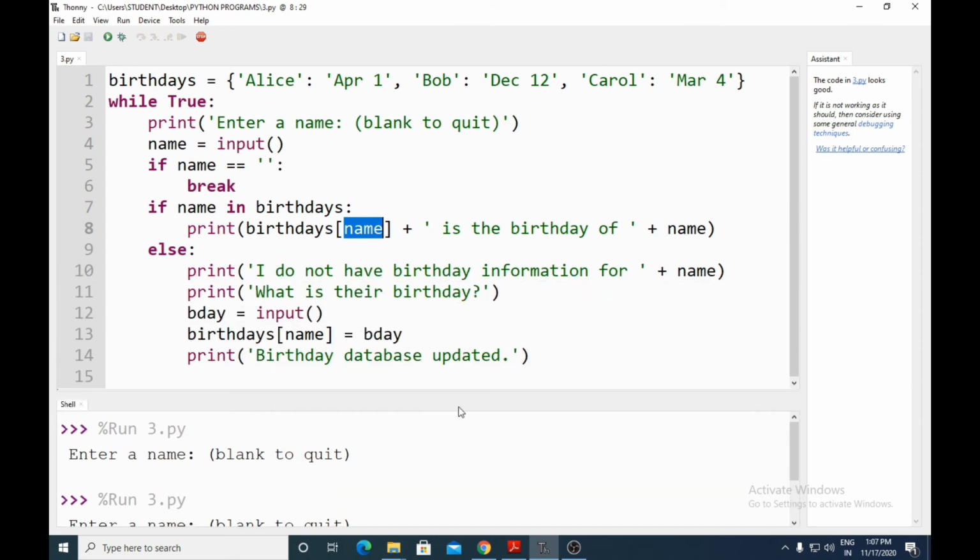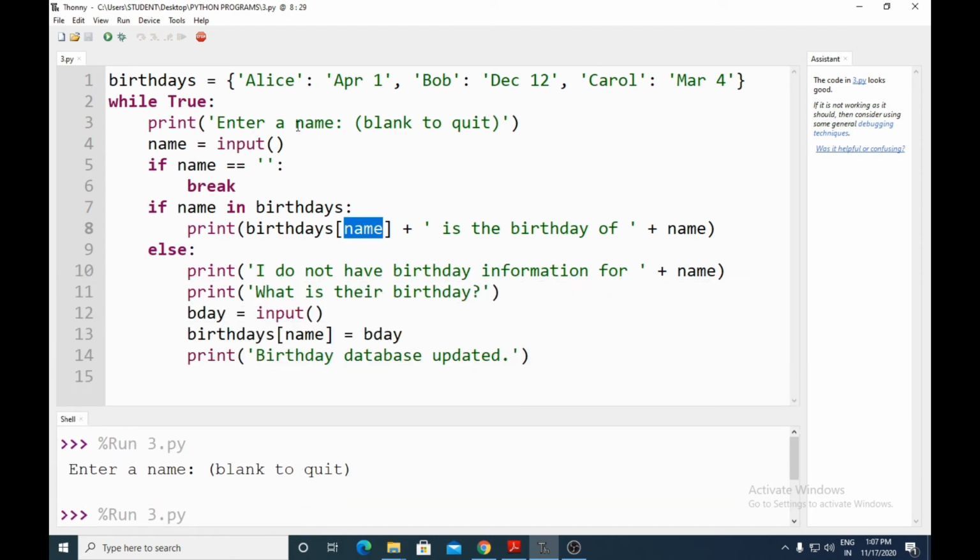Next, it will ask me again to enter a name. If I enter Bob, that name will be taken by which method? The input method. The input method is the one which helps you take the value from the user. Then Bob will go to which variable? It will go to name. Now name double equals blank is false, so you have to come to the next condition. Is Bob in birthdays?